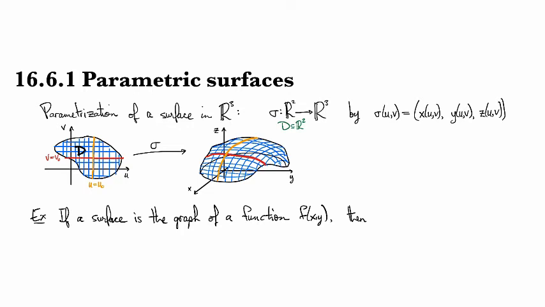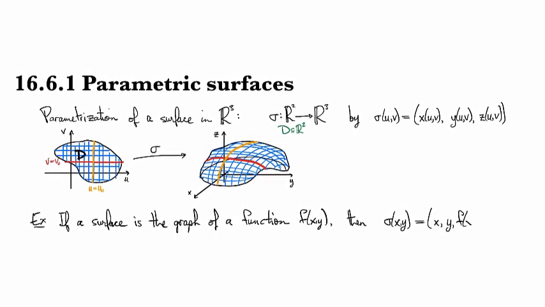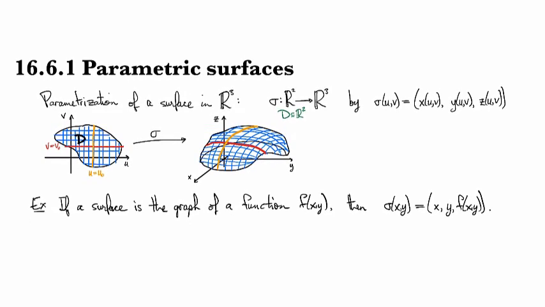And so what we do is we just say, okay, so our sigma will take X and Y to be the parameters, and then we're going to map it to the points in 3 space where the first coordinate is just X, the second coordinate is just Y, and the third coordinate is f of x, y, right? And so then